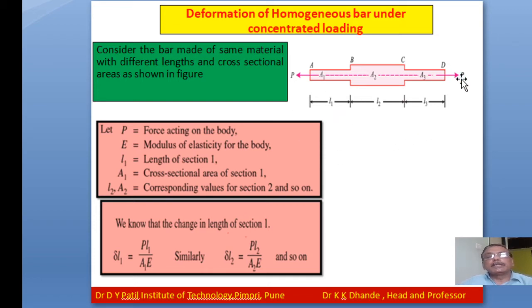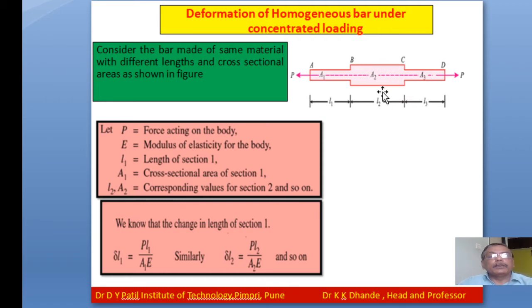Whereas a tensile force P, you may say axial load, is acting on it. So the axial load for the three sections remains the same. P is the force acting on the body. It is made from the same material, so the modulus of elasticity for the three sections remains constant. Is it clear? Now, delta L1, the change in length for section 1, we may write as PL1 upon A1E. Previously we have seen such numericals also.